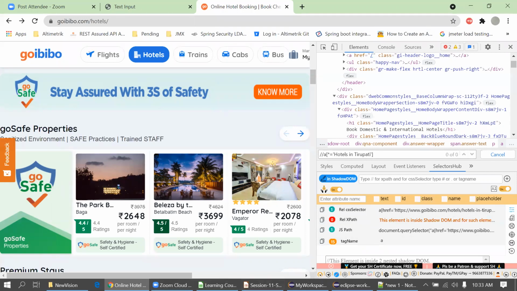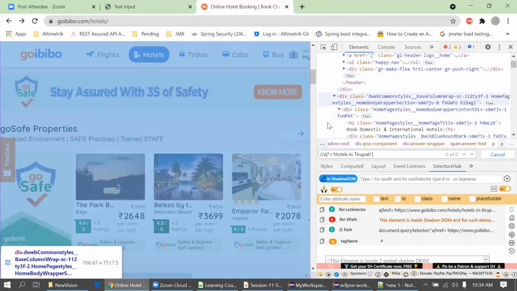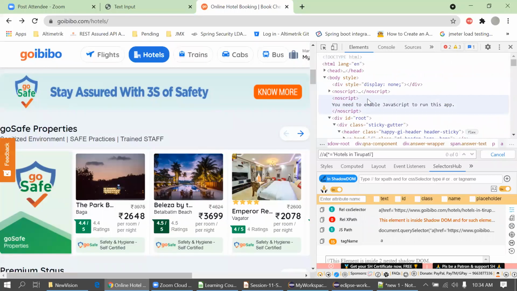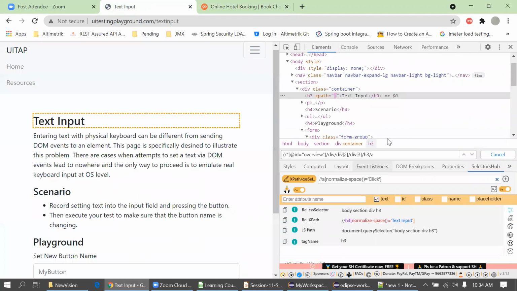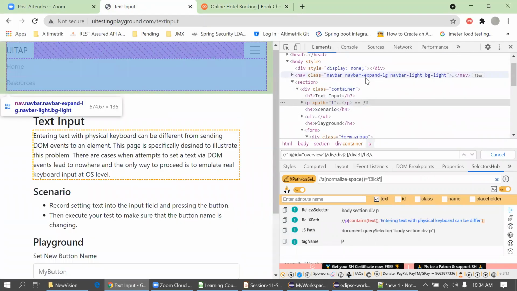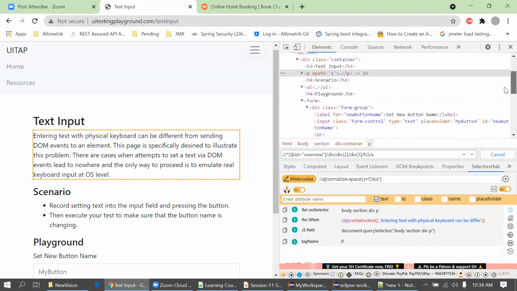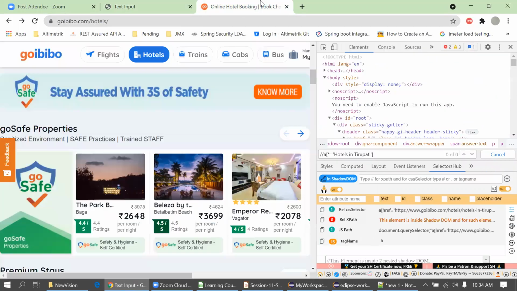So Yogesh, can you also explain other options like CSS and name or ID or partial text? So we can use that as well. Yes. So you can see here is ID. I will go for this site again, a simple one. I will inspect a few elements here. Let me go for another site.